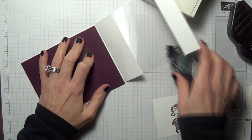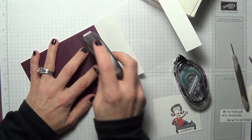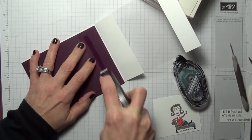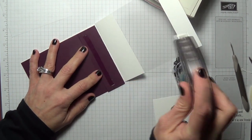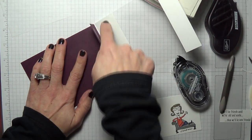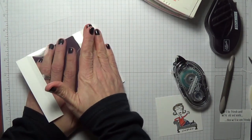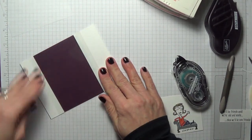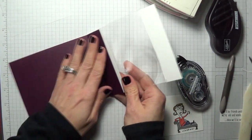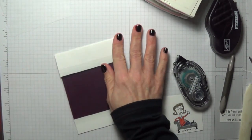And I'm actually going to use my Fast Fuse because this card's going to kind of be moving. Make sure you get that little check mark. What you see happening is I'm going to glue this tab to the inside top panel there. Okay, so I'm kind of going to do a combination of just folding it down in place while that adhesive bonds there. So this little edge right here I'm going to cover up with my washi tape,